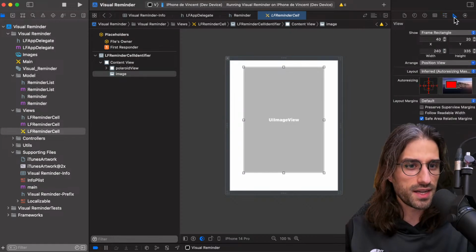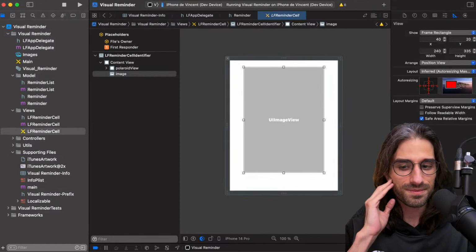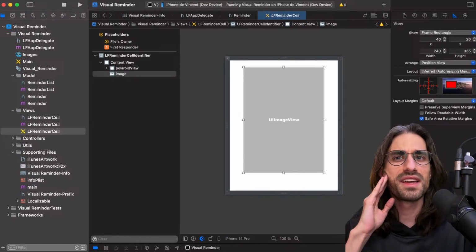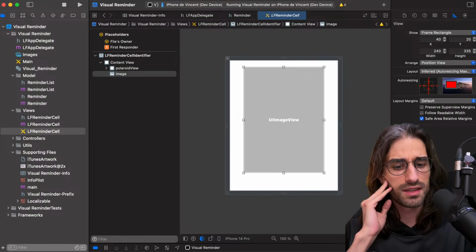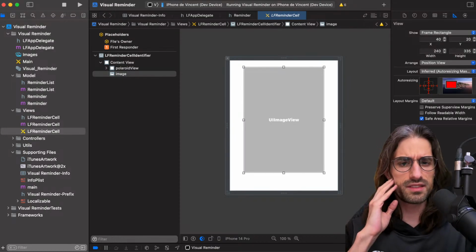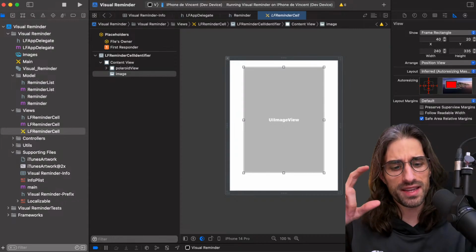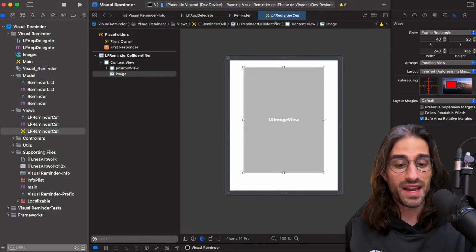I'm looking, are there constraints? No, there is no constraint. There is an autoresizing mask. I'm thinking, were there already constraints back then? Yes, there were constraints because the iPhone 5 had already been released and constraints were introduced in iOS with the iPhone 5. But I didn't use them because I guess since the cell would always have a fixed size, I didn't need them.